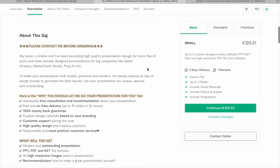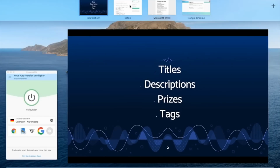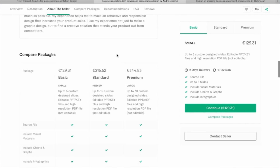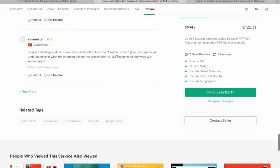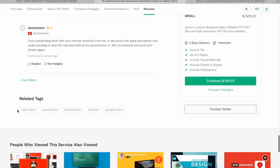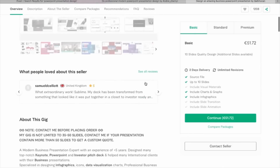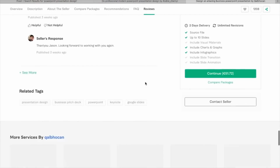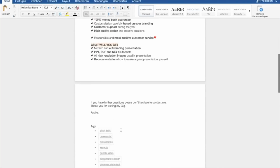And then you also want to do the same with the tags. So in order to find the tags, you just scroll all the way down below all the ratings. So here are the ratings, and below the ratings you can find the related tags. So you just go ahead and copy these related tags. And again, you want to do it with like 3 to 4 sellers on Fiverr. So for this video, I've done it with 2 sellers. And again, you want to scroll down here as well, copy these related tags and paste them onto your Word